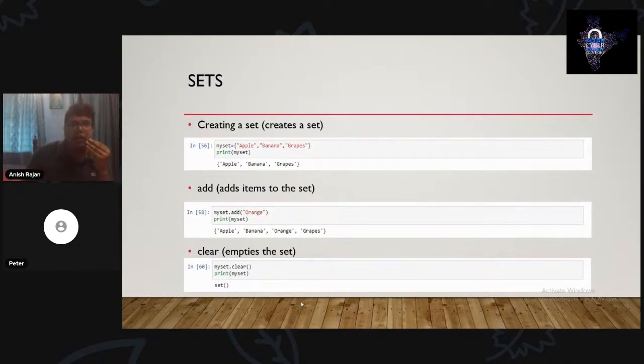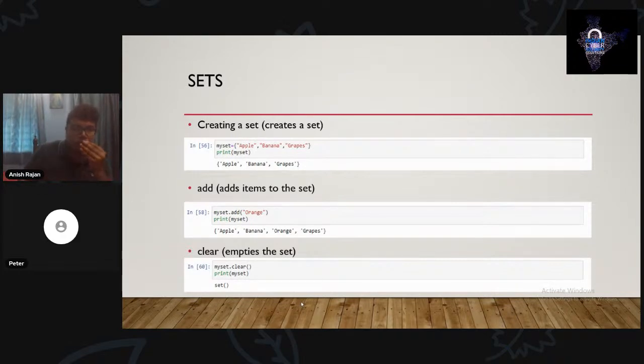Now if we want to add an item to a set, we do it in this manner. One thing you'll notice is that orange has been added in the third position, whereas the original set was apple, banana, and grapes. Obviously orange should have been added in the last position, but that doesn't happen in sets. Sets store data in an unordered way, so anything you add can be placed anywhere. That is why it cannot be accessed sequentially. This is one of the disadvantages of sets.